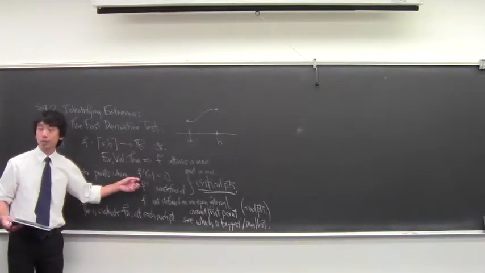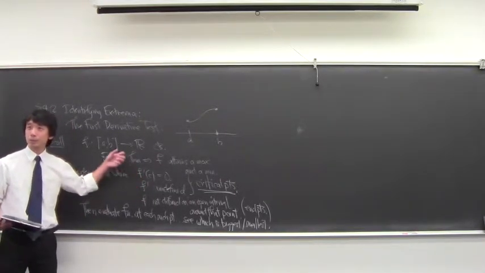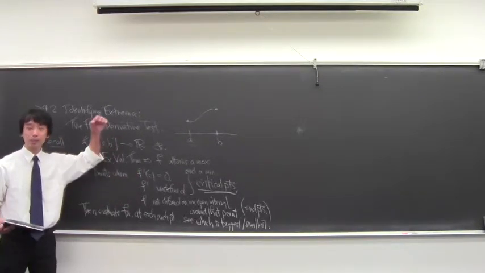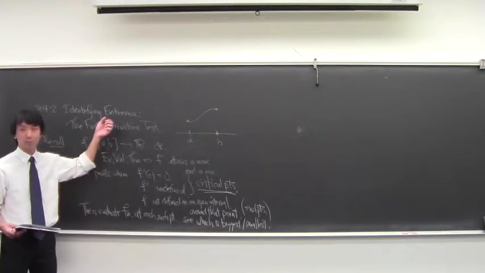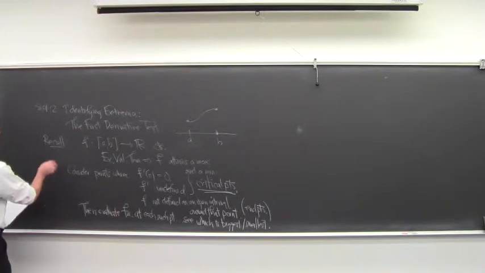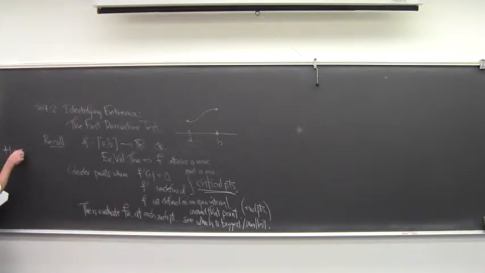So you find the critical points, and then you check the values at the critical points and at the endpoints, and you see which point has the biggest value and which has the smallest value. The biggest one is going to be the max, the smallest one is going to be the min. This is how to find the global max and global min